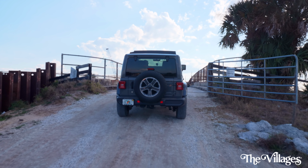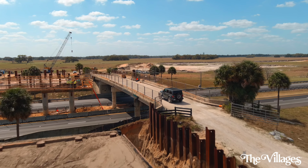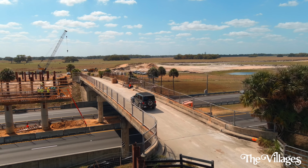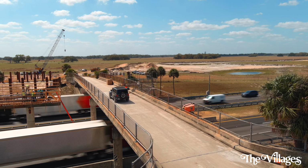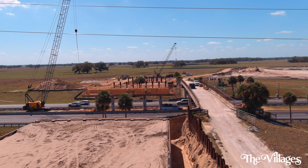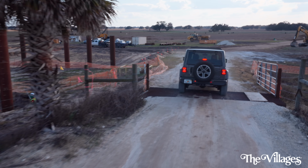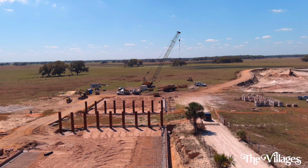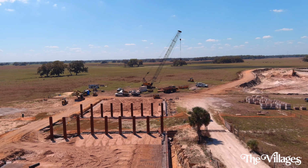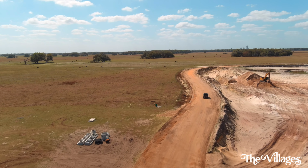Okay, so now let's head up over the turnpike. This is the small bridge called the Bailey Bridge. That's kind of a cattle bridge that runs across, but it's adjacent to and running parallel with our new Southern Oaks Bridge that's under construction. So on one side, the Southern Oaks Bridge will have, of course, your new course that everybody's already enjoying, the 18 holes Southern Oaks Championship course. And now, as we make our way south,